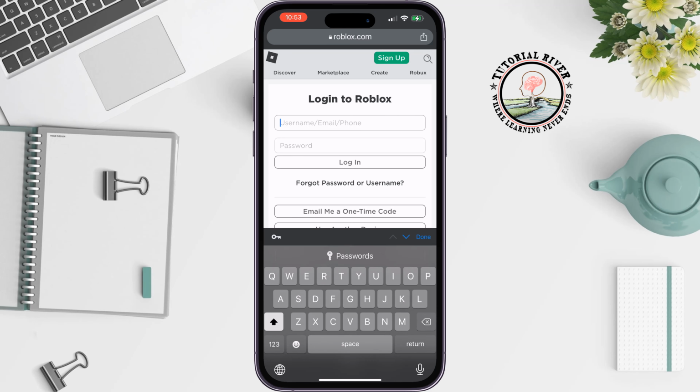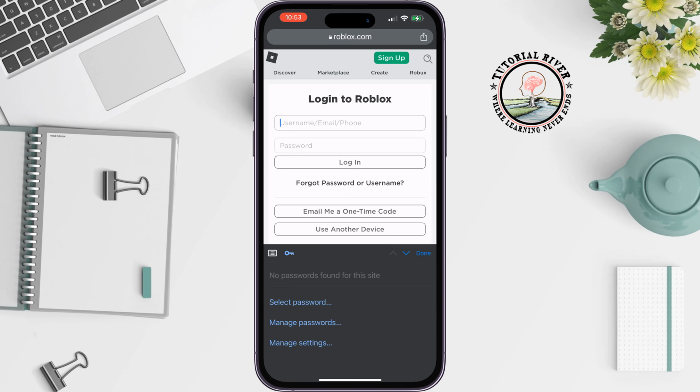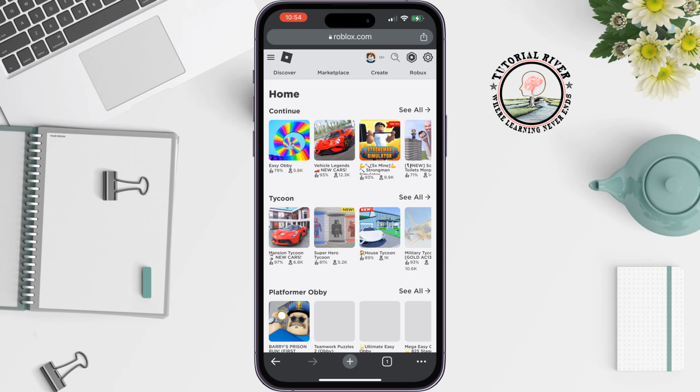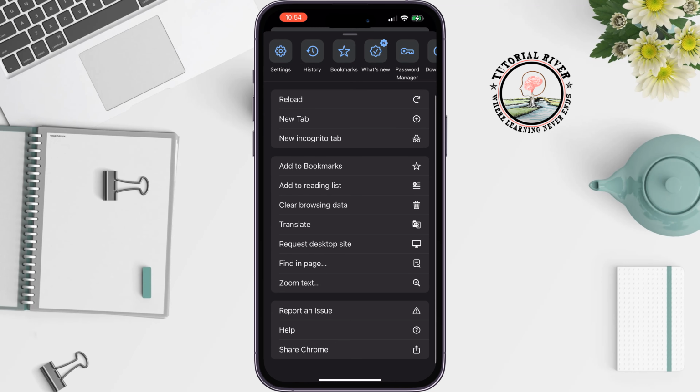And now log into your Roblox account. Once you have logged into your Roblox account, it's time to make your browser a desktop site. So tap on this three dot icon at the bottom right, and here you will find the request desktop site option. So tap on it,